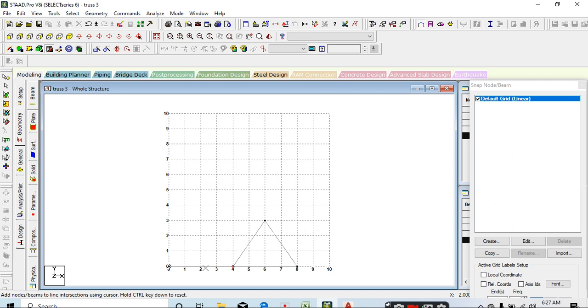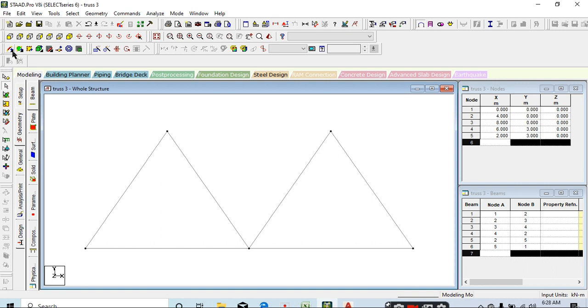Center is at 2 meter, because the length of your member is 4 meter. At the length of 2 meter, you have to go 3 meter height. Then again 0. Close. Go to add beam and add a member between these 2 points.